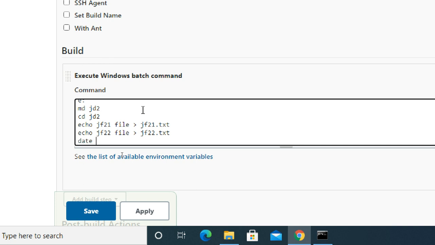I want to put it right. Date slash t, put it into gf23.txt, date1.txt. Okay, so I have given a script.